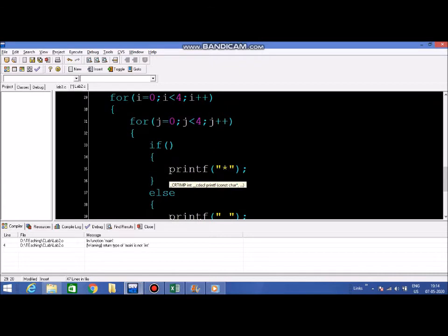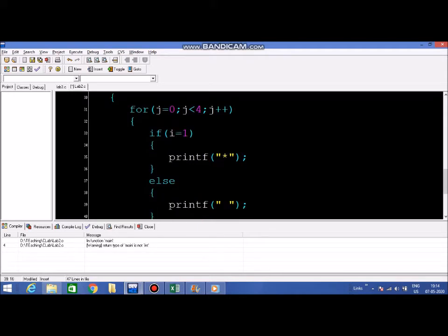Now what is the condition? If statements are a way of putting a condition. We can say if i is equal to 1 then print star, else print space. But to say equal to, we ideally have to put two equal signs, that's the C syntax. If I say i is equal to 1 then stars will be printed, else space will be printed.